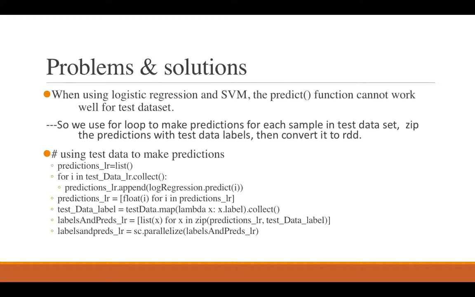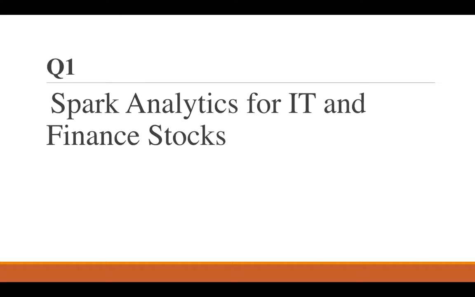In the last part, I want to illustrate some problems we encountered and how we solved them. When using logistic regression and SVM in Spark, the predict function cannot work very well for test datasets. So instead of making predictions for the whole dataset, we use a for loop to make predictions for each sample in the test dataset, and then zip the predictions with test data labels and convert it to RDD. And the next part is